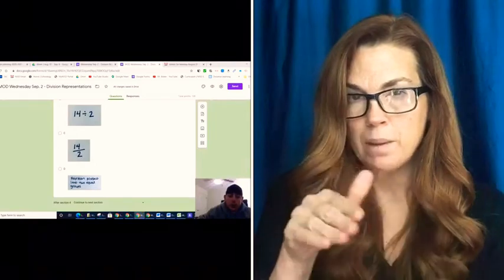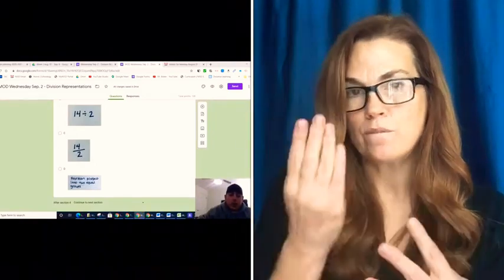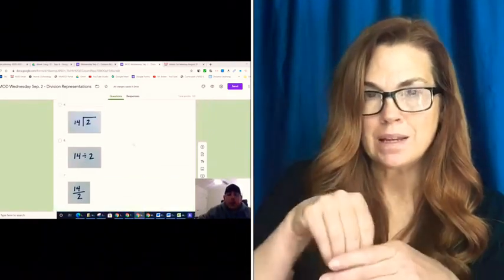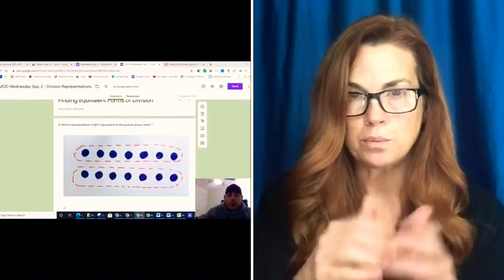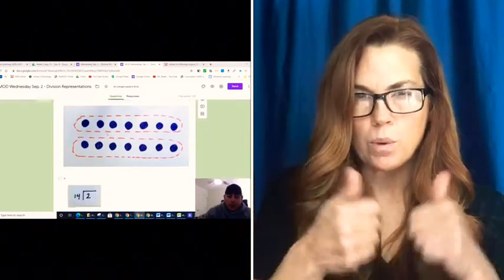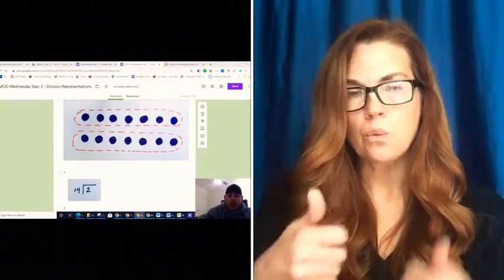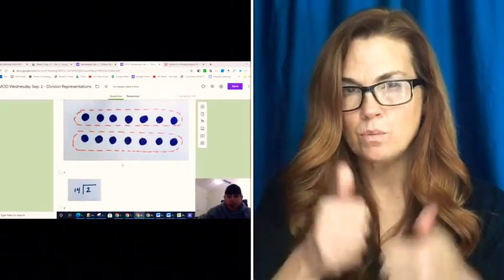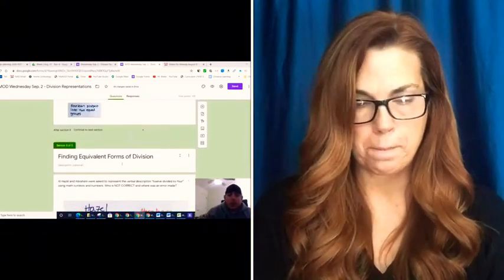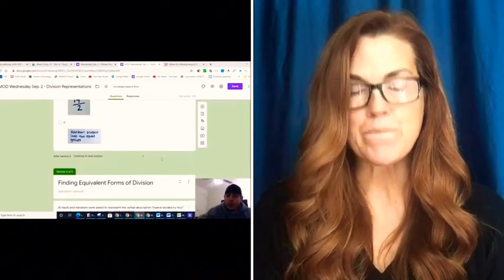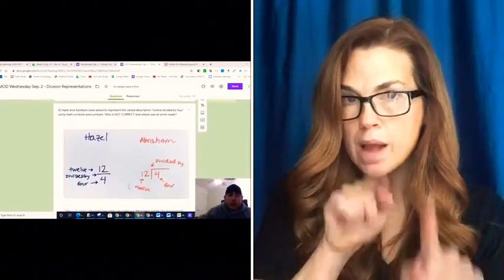And then the last one is 14 divided into equal groups. Okay, so remember, we're looking for which one is not equivalent. So which one of these answer choices down here would not represent this problem up here? Okay, you select the answer choice that is correct, click Next, and then you're going to go down to the